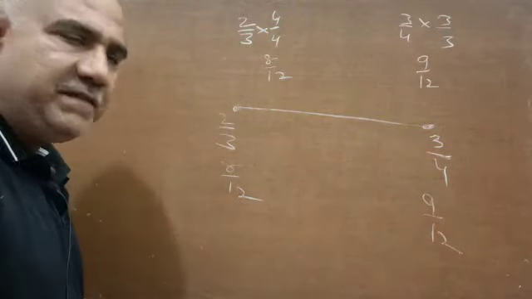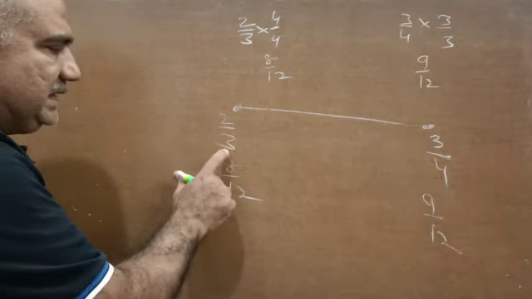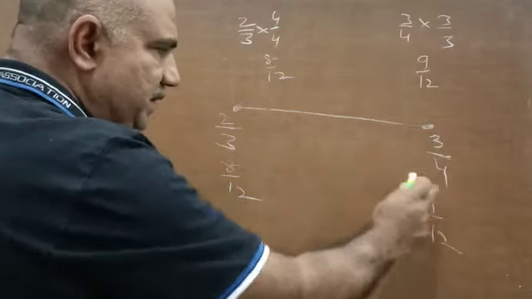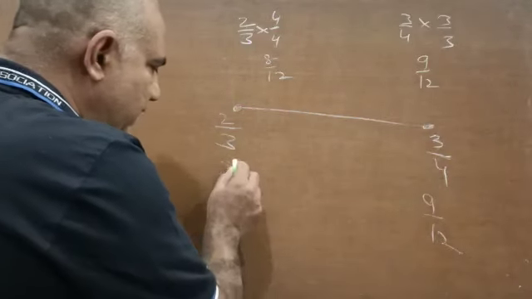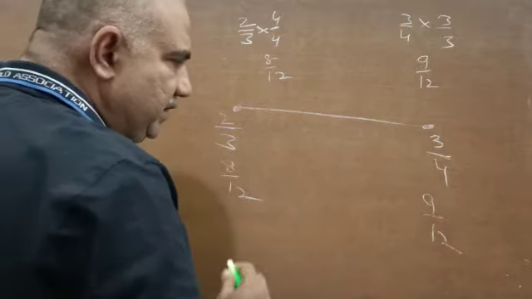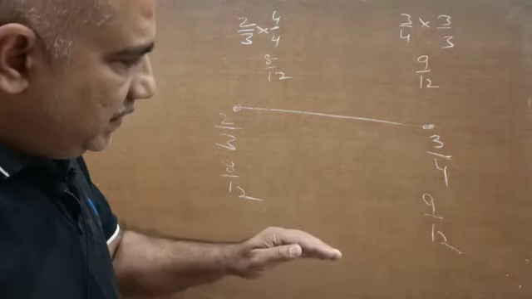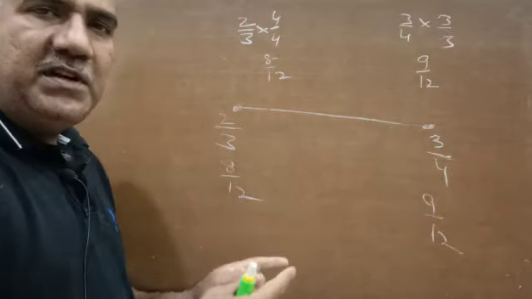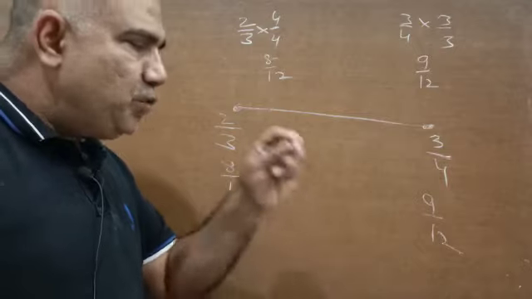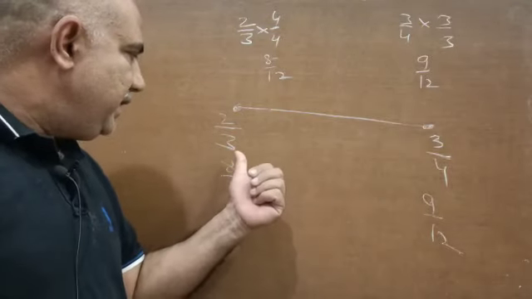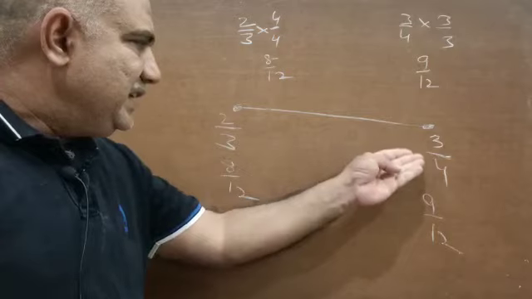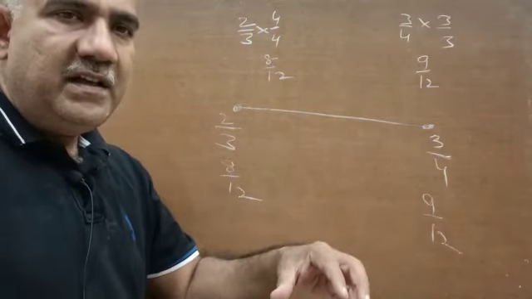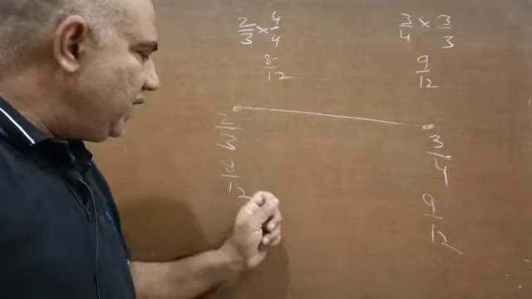We have not changed the values, we have only ensured that the denominators in 2 by 3 and 3 by 4 are made equal as 12 and 12, and now you see 8 and 9 as numerators. So the procedure is the same as in the previous class, that is looking at the numerators. Suppose you want to insert 10 numbers between 2 by 3 and 3 by 4, or exactly the same, 8 by 12 and 9 by 12.